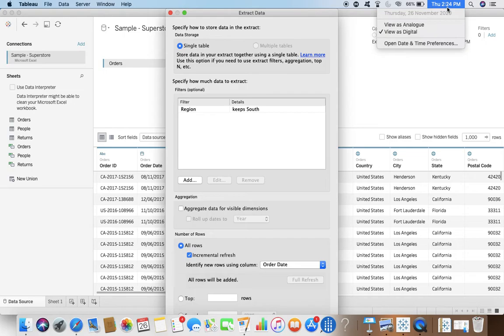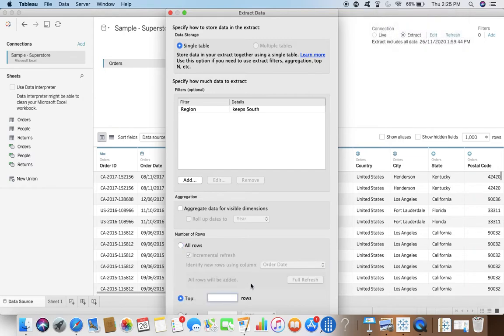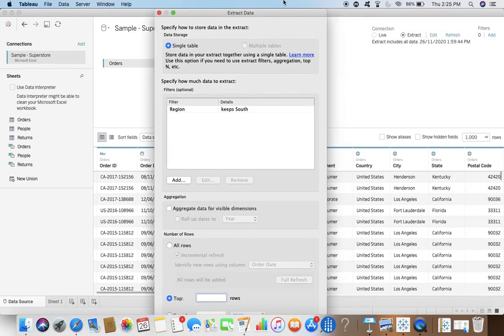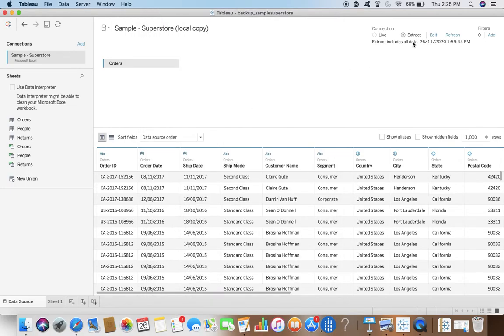That will again be more advantageous for you because it will save time, and it will save CPU and memory again. But you should have that very particular column. You should not have historical updates, right? Once the order is done, that is the full and final record for that very particular order ID. Also, you have other options over there like top rows, like top 100 rows. This is very handy when you are doing development, right? At that very point of time, it will be very handy for you. So these are the options that you have with the extract that would really, really help you.